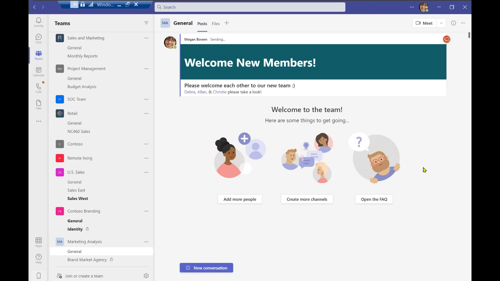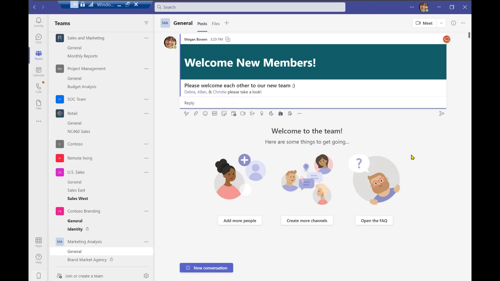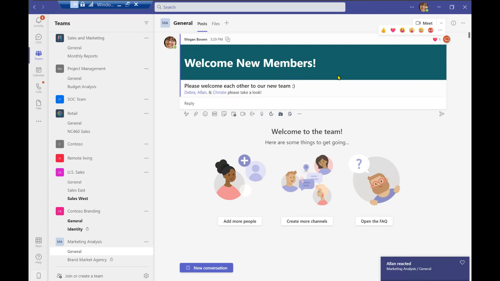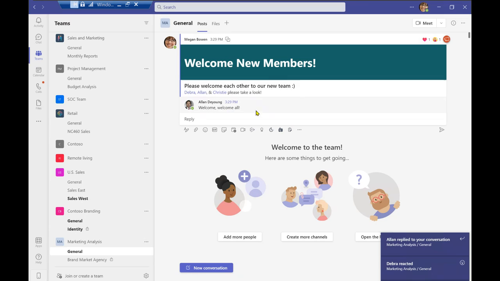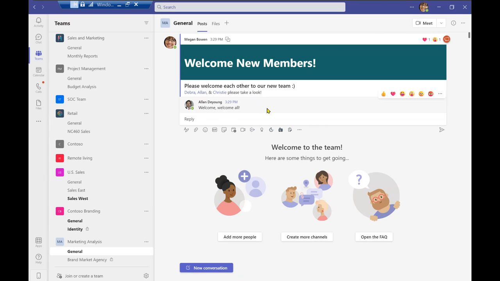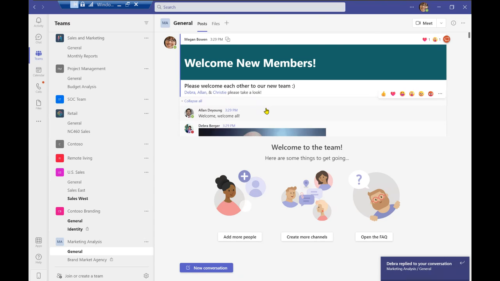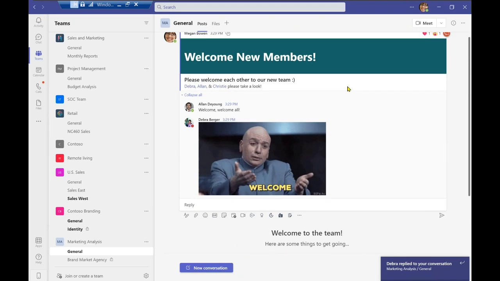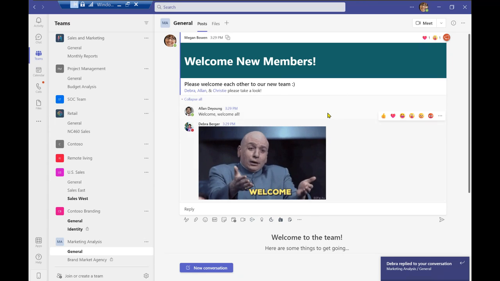So once I do share it out, you'll see that the announcement banner appears at the top right corner right over here. And people can react to it if they've been tagged. As you see, Alan is already on it and already reacting to this announcement. And now, because it is threaded, once again, they can reply to that conversation and that information will stay in that whole conversation altogether. So I appreciate my moderators collaborating with me really quickly.